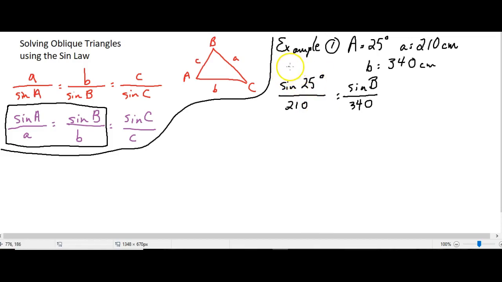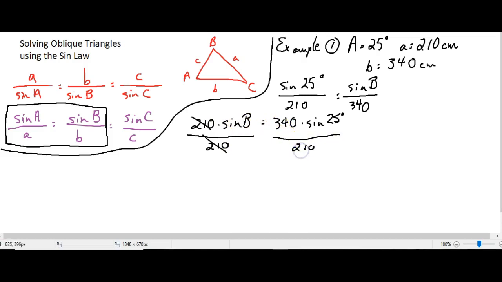I would say cross multiply and divide. So I generally set cross products equal to each other. Actually, we might be better off to start with the other side. Do the other product. So let's do this product first. 210 sine B is equal to 340 sine 25. And these are multiplied. I would like to solve for sine B, so I want to divide both sides by 210, because it will cancel here, leaving sine B alone. Divide this side by 210. Sine B is equal to 340 times sine 25 divided by 210,